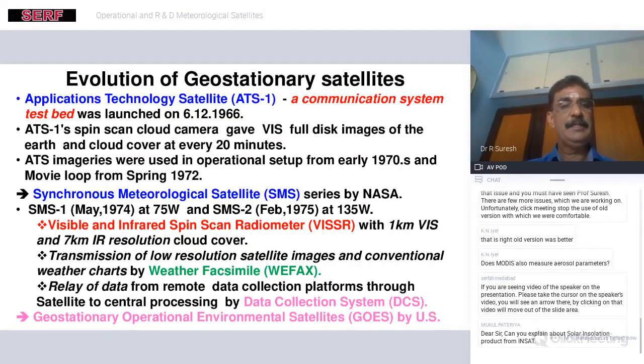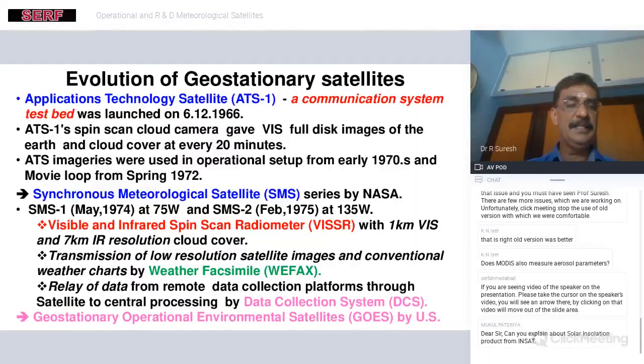It was put into operation in the 1970s, and from 1974 onwards, the sensor technology and then transmission technology like weather facsimile came in, through which the satellite images as well as the conventional charts are uplinked from the ground to the satellite. From the satellite, whatever the country, if they are not in a position to have their own chart plotted, or do not have the analysis capability, the member countries can download them. The big fax charts were in operation in the 1980s.